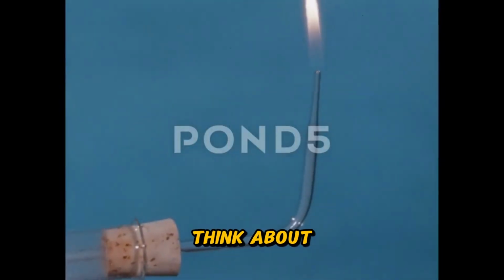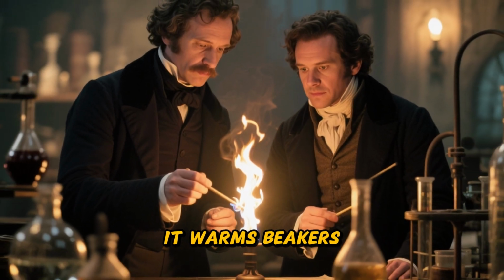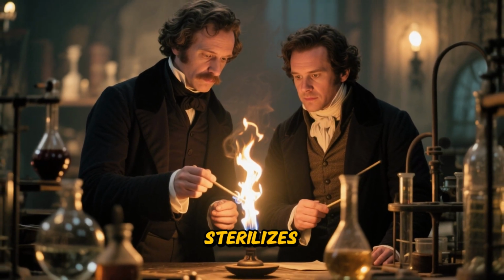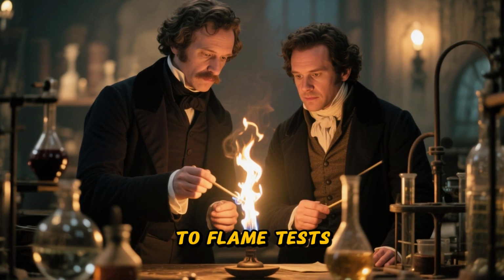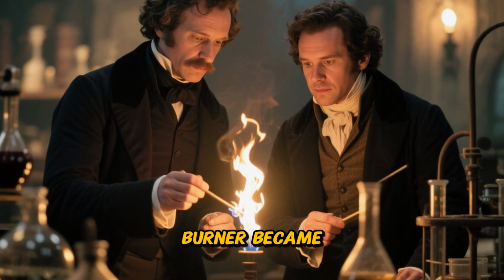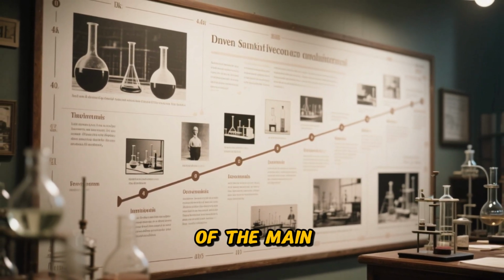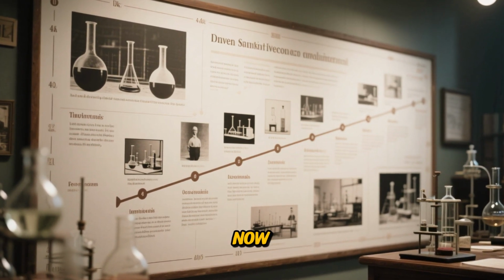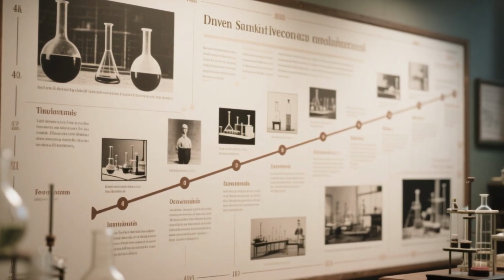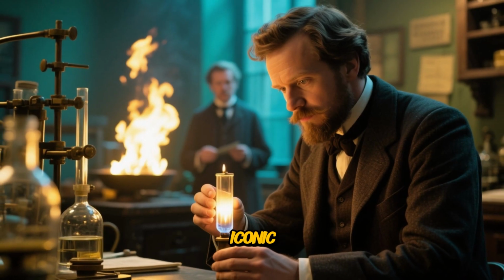this was groundbreaking. For laboratory work, think about how often students today rely on that familiar blue flame. It warms beakers, melts small samples, sterilizes equipment, and demonstrates everything from convection to flame tests. In many ways, the Bunsen burner became a symbol of hands-on science. For more than a century, it was one of the main tools students used to learn chemistry, and even though modern labs now include electric hot plates, infrared heaters, and more advanced devices, the simple burner remains iconic because of